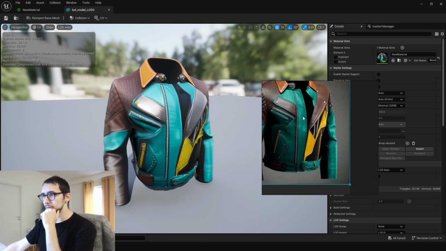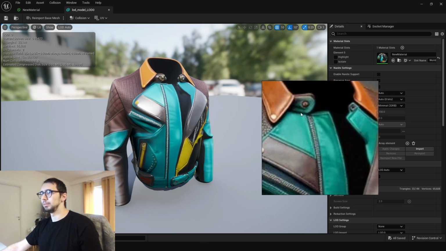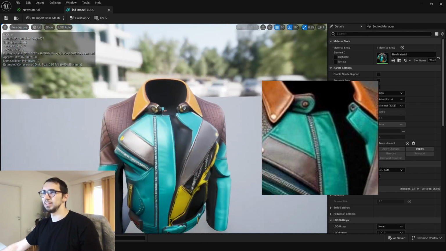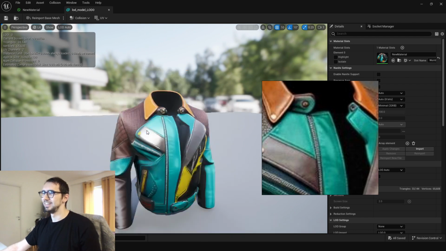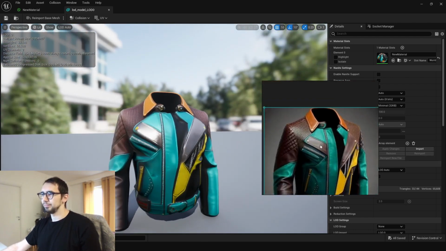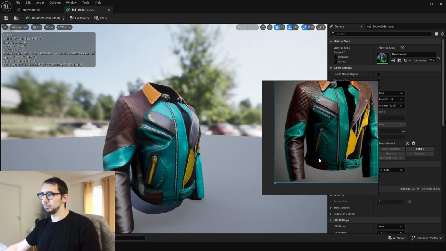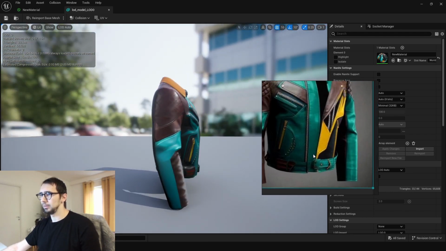So this generator maybe is way better for stylized models. But yeah, in this area here it feels like there are some kind of headphones actually. It looks more cyberpunkish, like this area here and this. Well, the sleeves are actually not that bad, you know, close enough. But yeah,